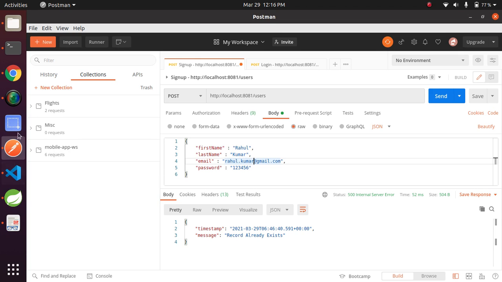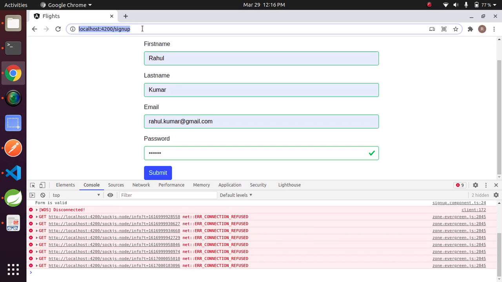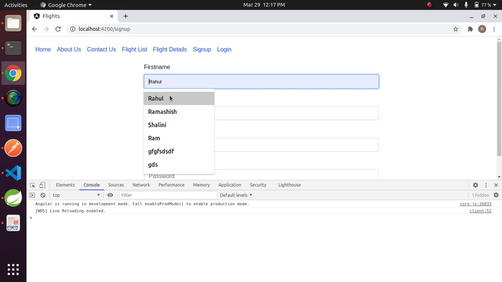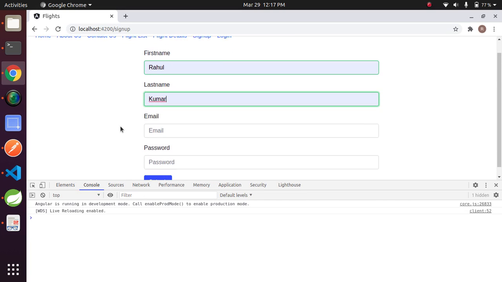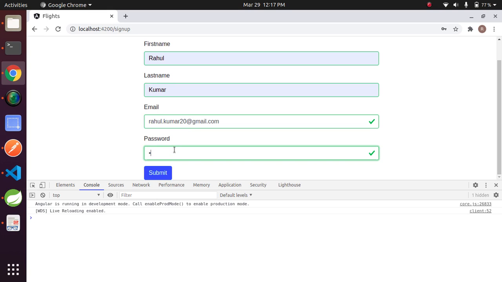Okay, we will leave that. Check, compiled successfully. Go to your browser. Now first name, Kumar, Rahul Kumar 20, password 123456, submit.